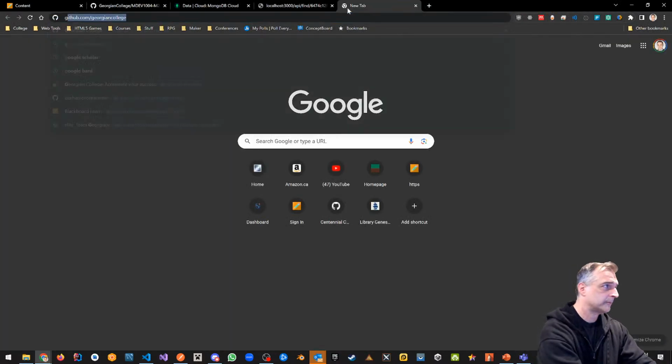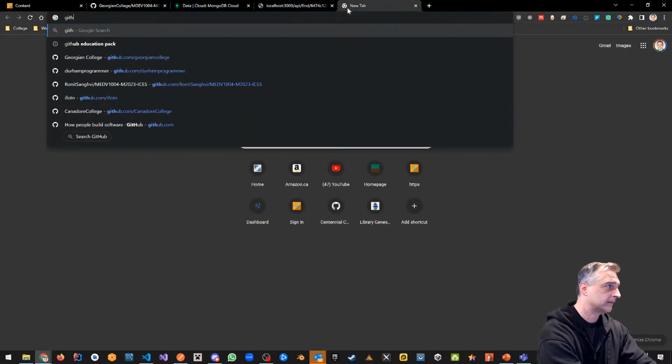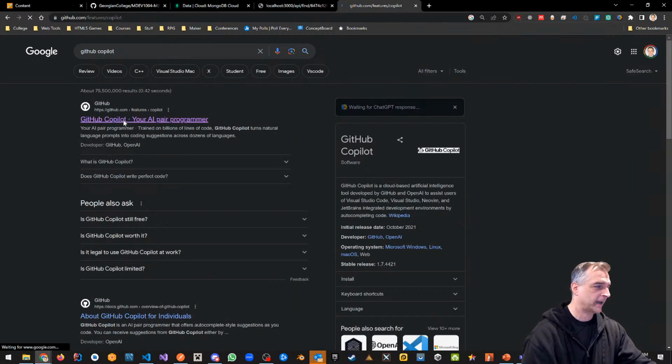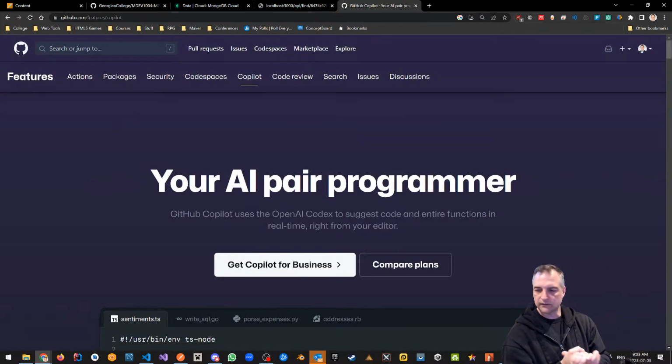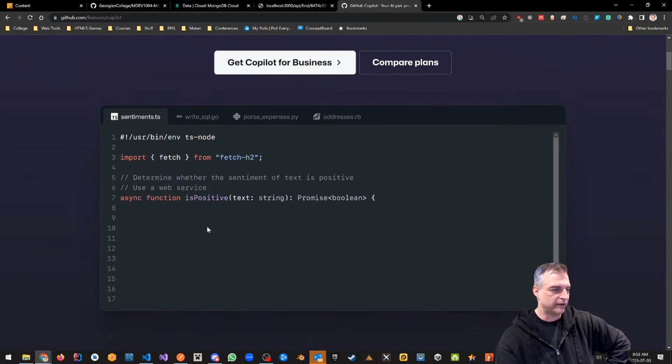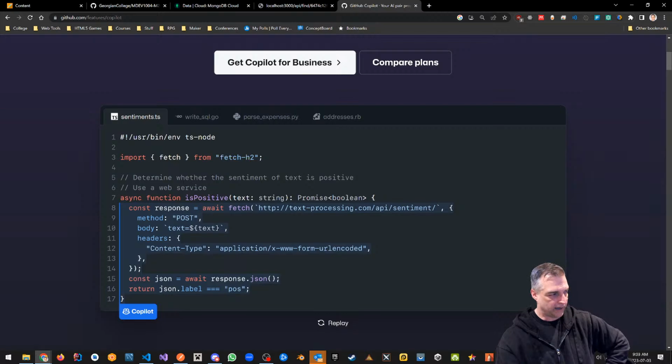So if I go to GitHub Copilot, there's GitHub Copilot. And it's something that you can experiment with yourself. It's not free for anybody, I don't believe at this point. But what you can do is type in some stuff, like some comments, and it'll actually produce these two comment lines here, and it'll produce the code that comes underneath for you automatically. Similar to ChatGPT, but built into